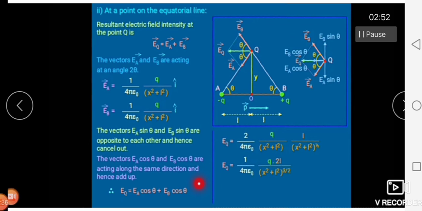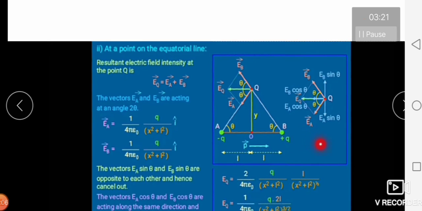And hence the total electric field due to the dipole on the equatorial line is the sum of the cosine components, and hence E_Q is equal to E_A cos theta plus E_B cos theta. Solving this, we substitute here E_A and E_B. Take out 1 upon 4 pi epsilon 0 common, and this will be 2 upon 4 pi epsilon 0 Q